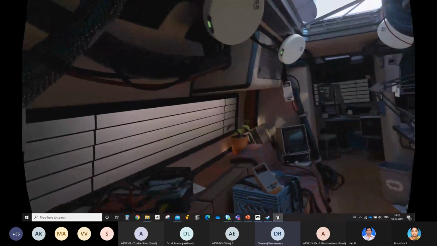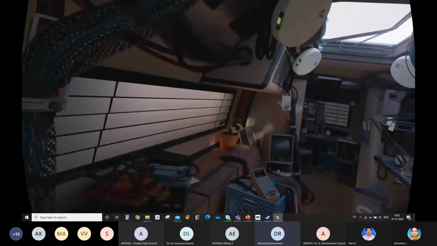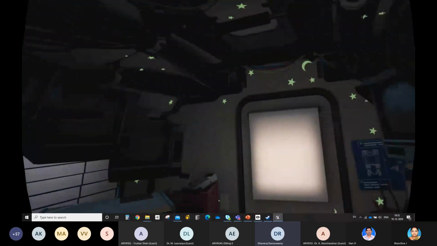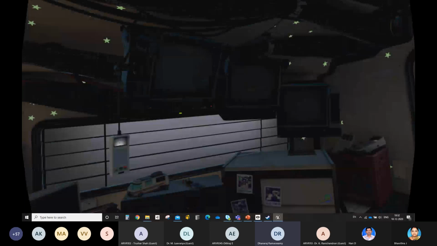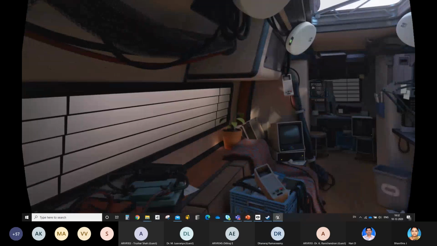Right now, I'm in a virtual room. Can you see the virtual room? Actually, I'm not able to see the outer world. Right now, I'm seeing only the virtual world. The same thing you are watching on your monitor.